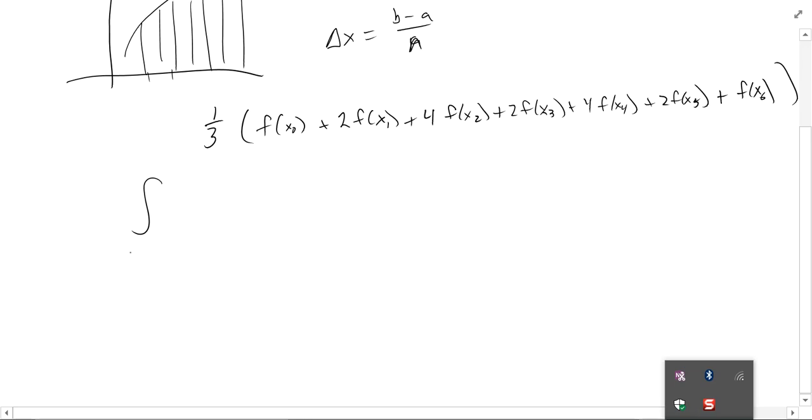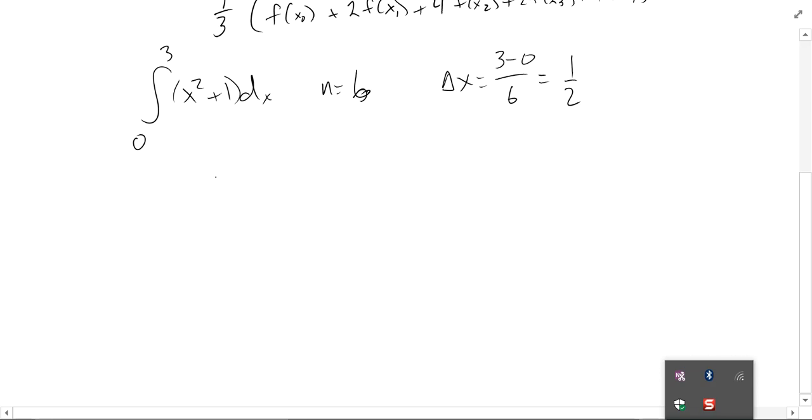So if I do the integral from 0 to 3 of x squared plus 1 dx, using 6 rectangles again, my delta x would be 3 minus 0 divided by 6, or 1/2. And I want to do the same sort of evaluation of my function. I need to evaluate it at 0, and then 0.5, and then 1, 1.5, 2, 2.5, 3. Evaluate each of those points,